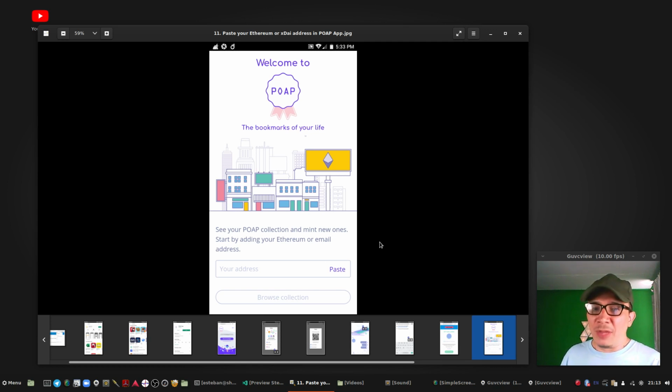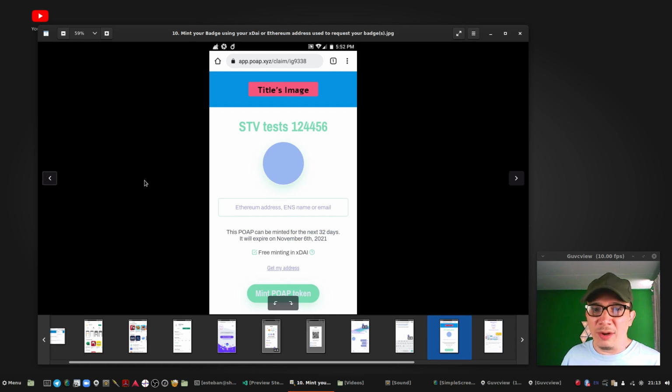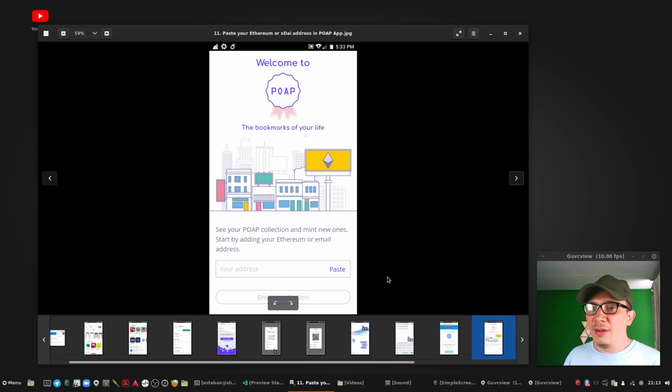Okay, so here is the place in the example. We're using the POAP application to enter your address. Actually, to enter the address required here, you can put the address later, or you can put another public address shared with you, or an address that you know, to see other users' badges too.